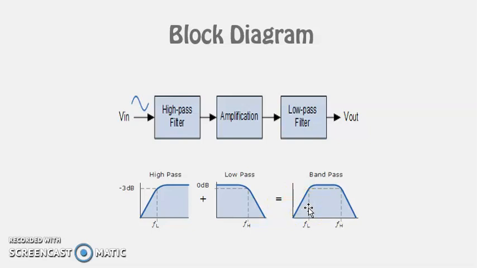So what do we infer from these figures? The thing to be noted is that the lower cutoff frequency is dependent upon the components of the high pass filter. Similarly, the higher cutoff is dependent upon the components of the low pass filter. We'll use the formulas and see that the components of the high pass filter make up the lower cutoff frequency, and the components of the low pass filter constitute the higher cutoff frequency.